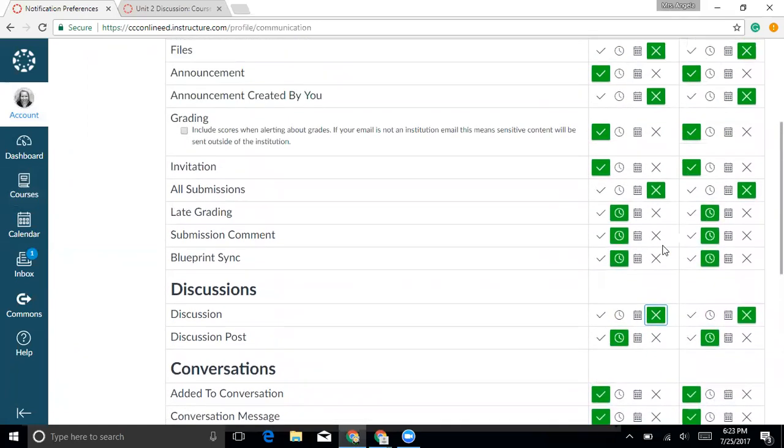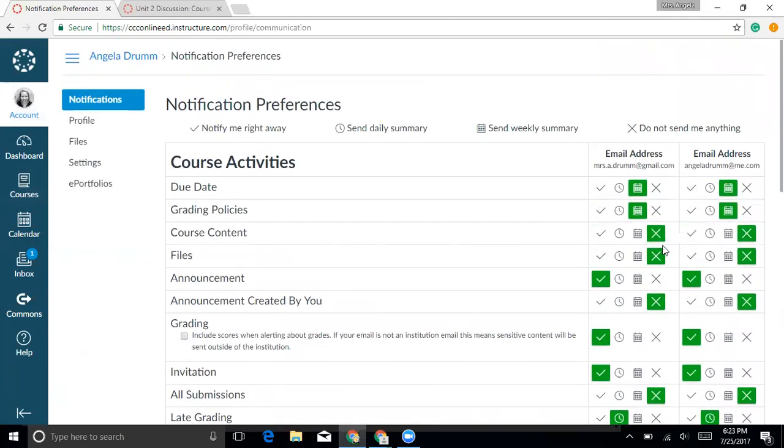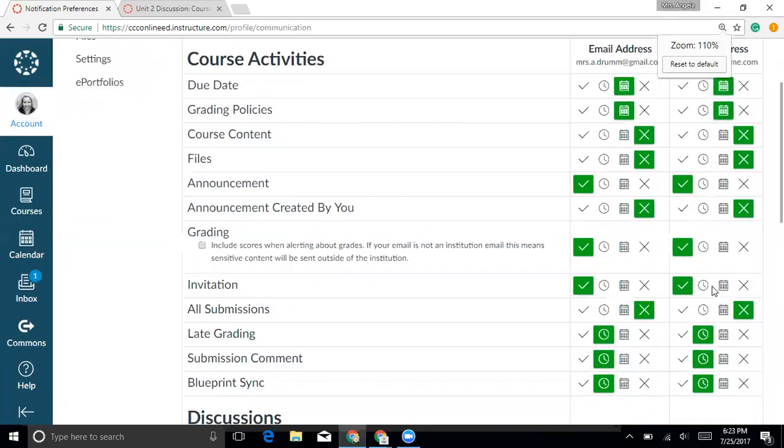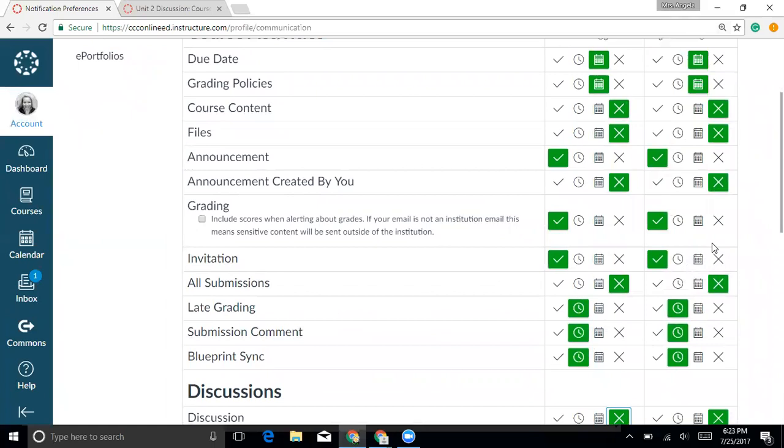So each student gets to choose how they want to be notified. Is that right? They do. And I added a second email address on here, so I get notified at both email addresses. This is actually the first time I've looked at notifications and added the second email address, because it didn't occur to me that they would be different. I just thought they would be the same. So you could customize it to the one email address that you use all the time, or that the students use all the time,